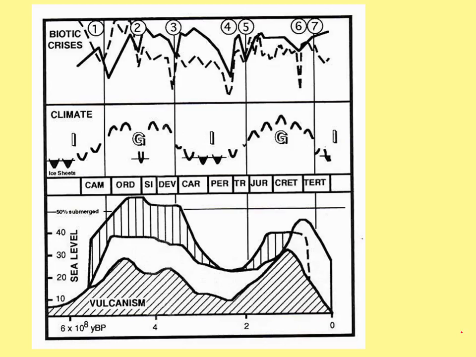The lower part of the graph shows large-scale sea level changes throughout the Phanerozoic, and you'll notice that there is a relationship between high stands of sea level, low stands of sea level, high stands, and low stands. These are related in part to plate tectonic activity. And the upper part of this diagram is of interest mainly because it shows some of the extinction events or biotic crises that have occurred in the last